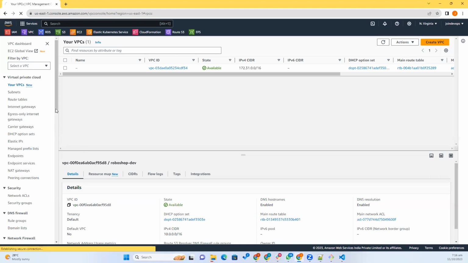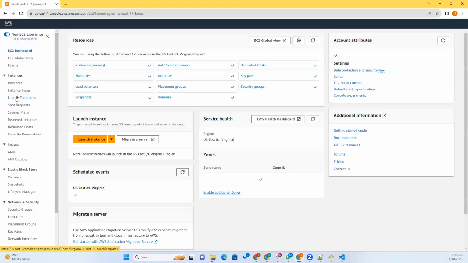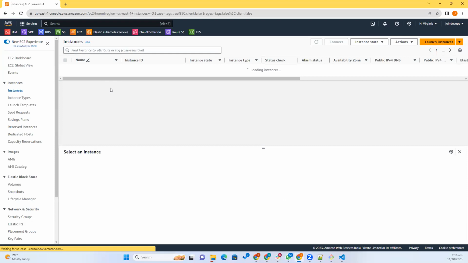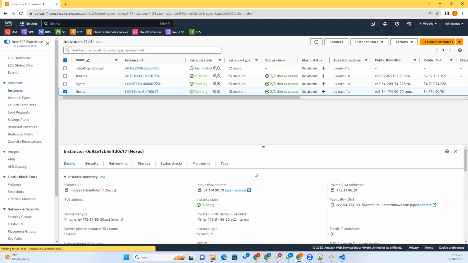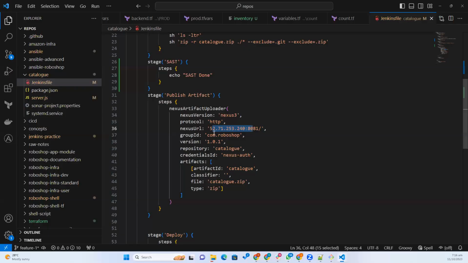I will give the private IP. Private IP will not change when you stop the server. For the next few days, you will stop the server whenever you are not practicing it. And then com RoboShop catalog. So I will do the version as